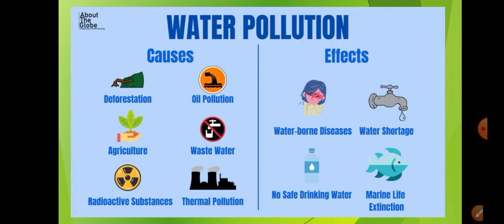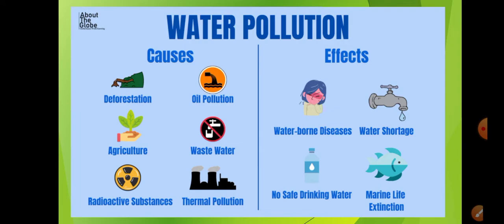If all these are the causes, if everything is leading to water pollution, what can we expect will happen to the people, or rather the animals and the plants who will be affected because of this water pollution? What are the effects that we can see? First is waterborne diseases. If we consume, or even get exposed to water pollution for a longer period of time, we may have to face problems such as waterborne diseases like cholera, typhoid and all. We may have to face this problem.